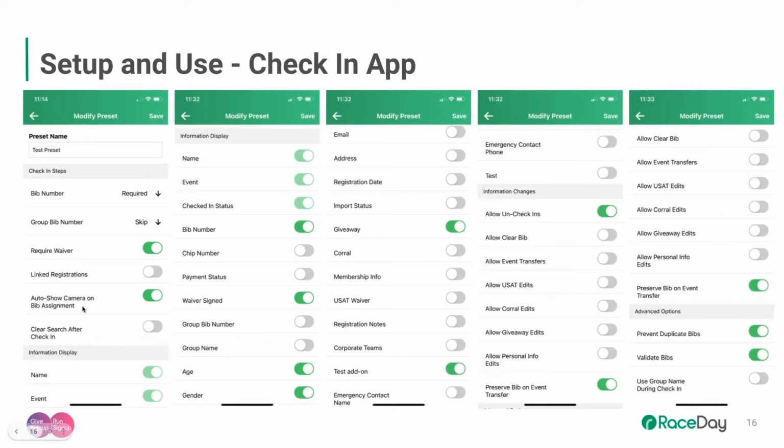I usually suggest selecting auto show camera on bib assignment, especially if you are using a QR or barcode on your bib to assign that bib number. So a number of things are on here. So again, I usually don't care about showing chip number, payment status. If I had relays, then I would make a separate relay preset. And instead of showing bib number, I'd be showing group bib number and group name. I usually show age and gender, but a lot of times I don't want to show email address, and registration